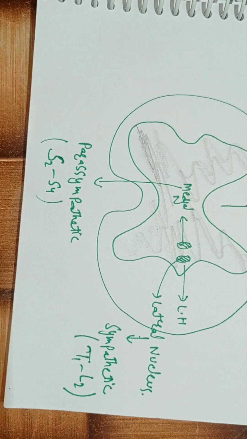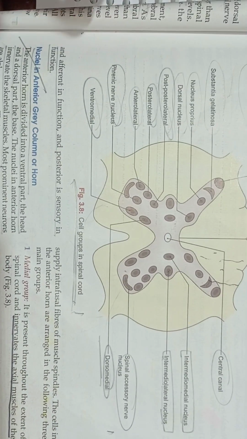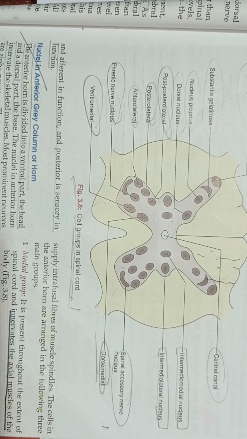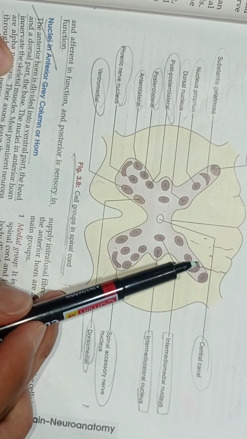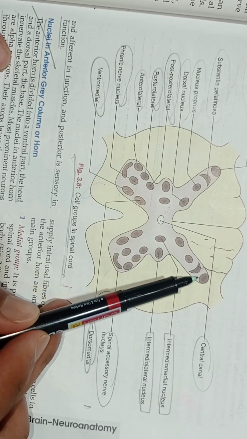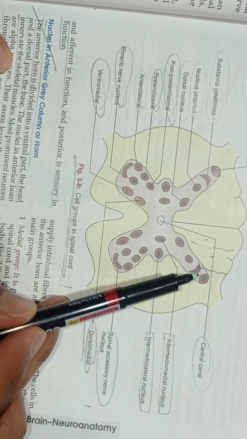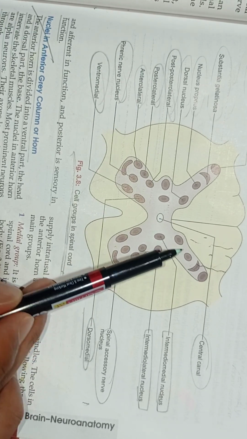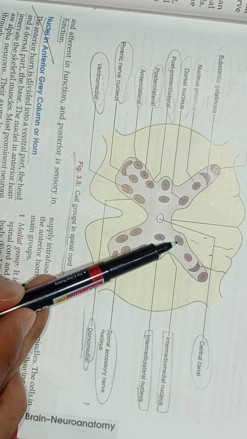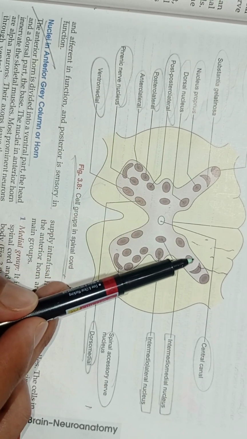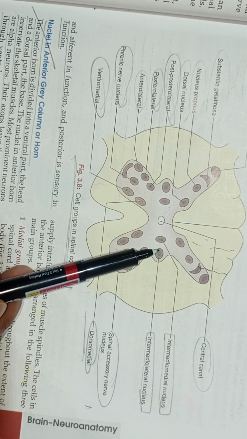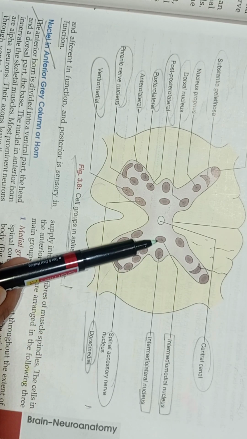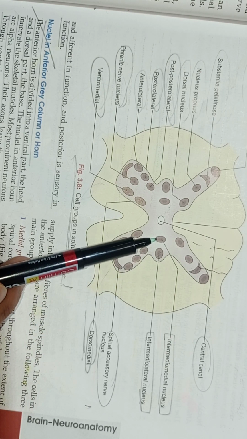We can see its diagram from the BDC. From the BDC diagram, you can see this is the posterior horn of the spinal cord. We have four nuclei. This is the posterior marginal nucleus. This is the substantia gelatinosa. This is the nucleus proprius. Then we have the Clark's column. These are the four nuclei of the posterior horn. Then two nuclei, the medial and lateral nuclei of the lateral horn of